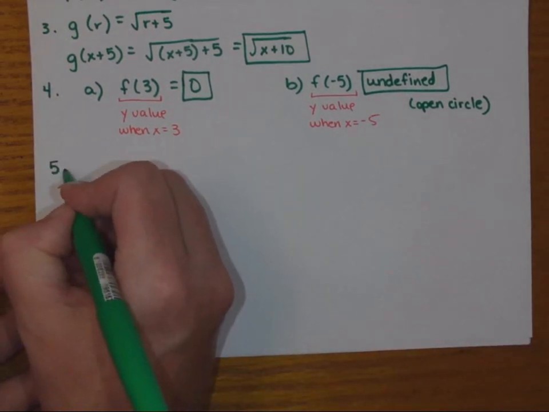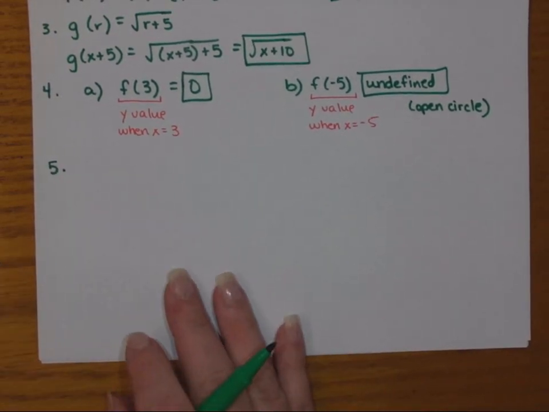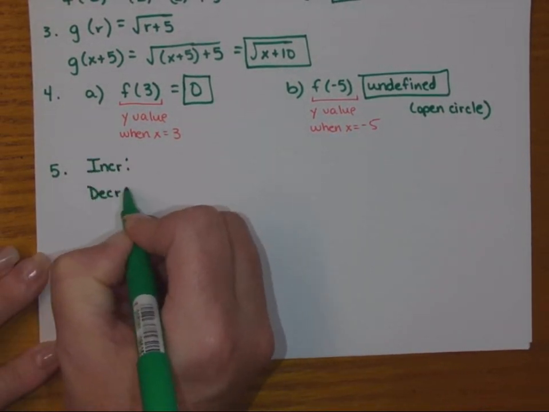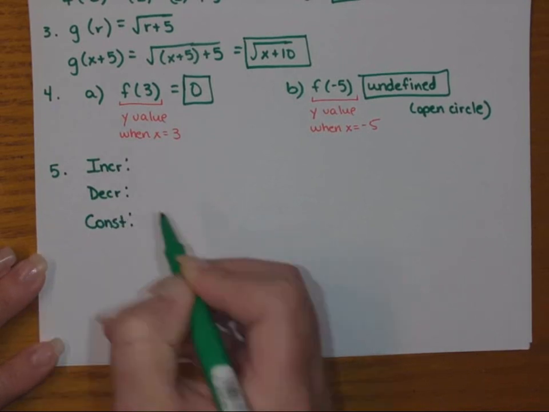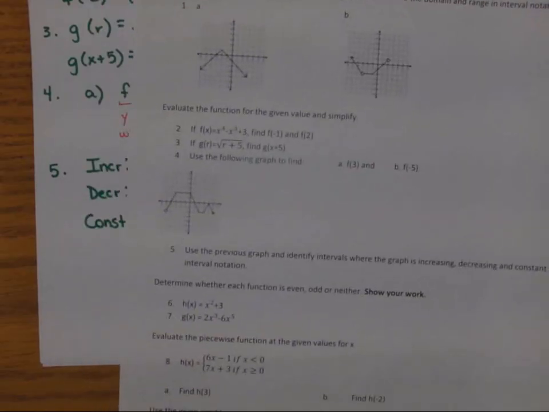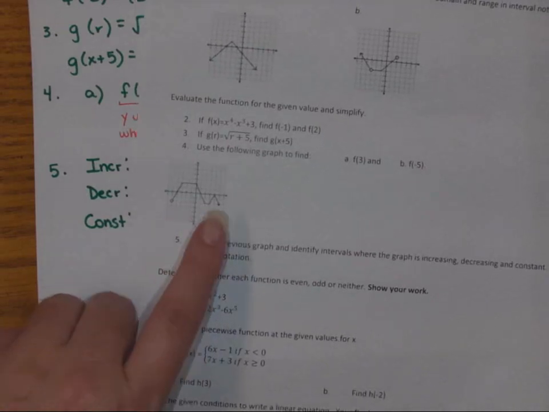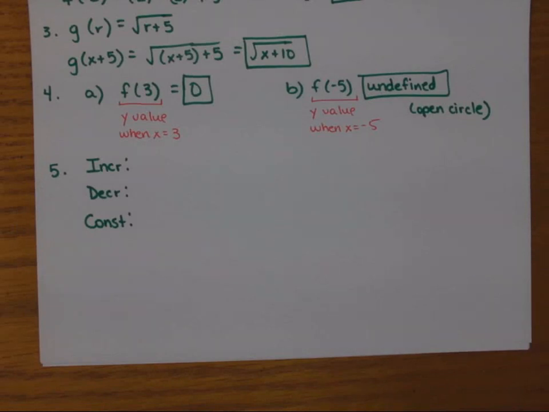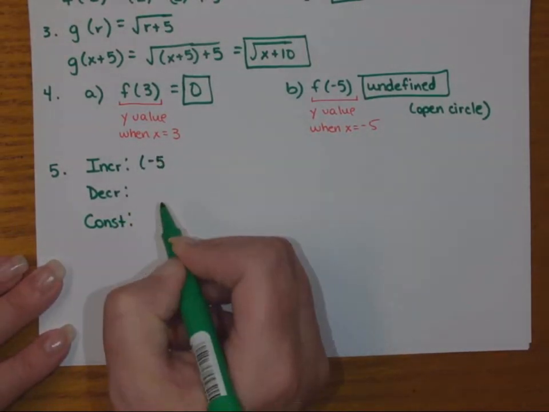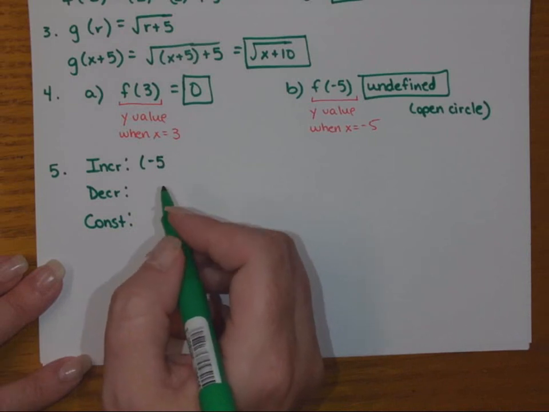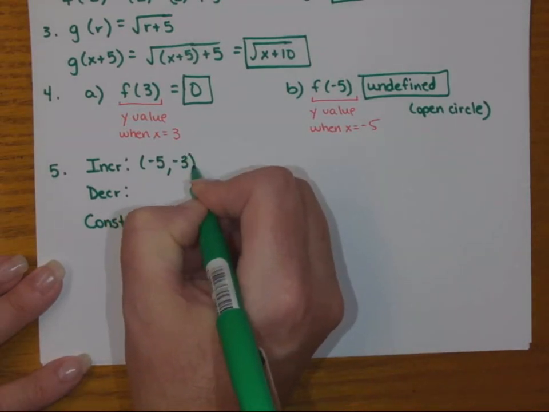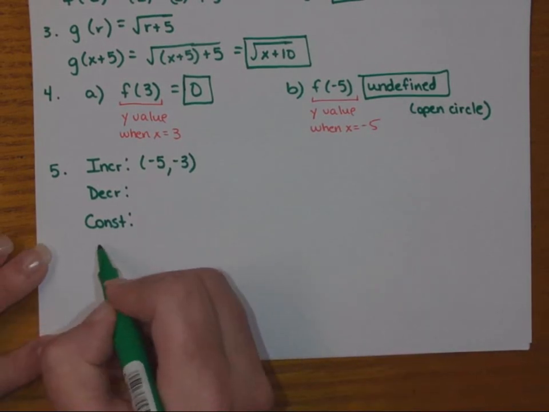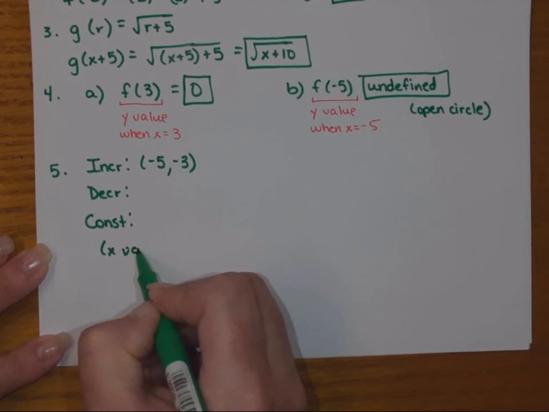Okay, so number 5 asks you to look at the graph from number 4 and just tell where the graph is increasing, decreasing, and constant. So I'm going to abbreviate here. Increasing, decreasing, constant, and I'm just going to go from left to right. So notice this graph has a lot of changes. Okay, this graph changes direction in a lot of different locations. So first, if you look from left to right, notice that it is increasing, and it is increasing from x equals negative 5 until x equals, looks like negative 3. Notice I'm not caring about the y values necessarily. I'm only listing the x values for increasing, decreasing, and constant. So if you need to write that down, you look at x values only,